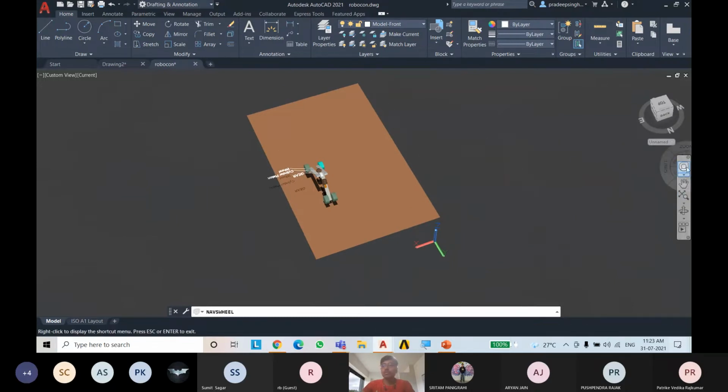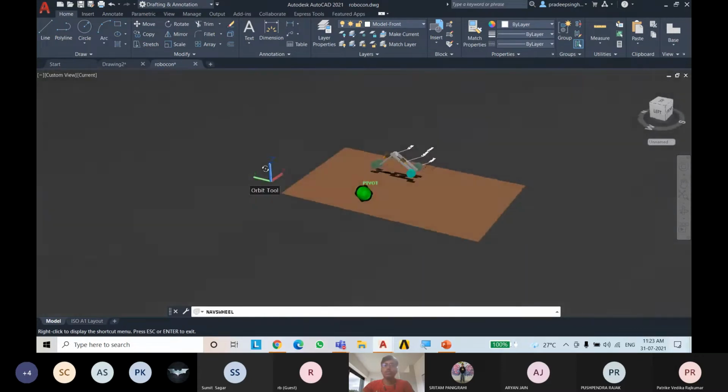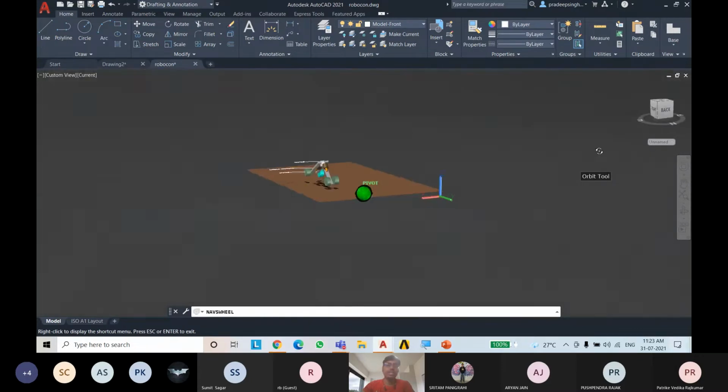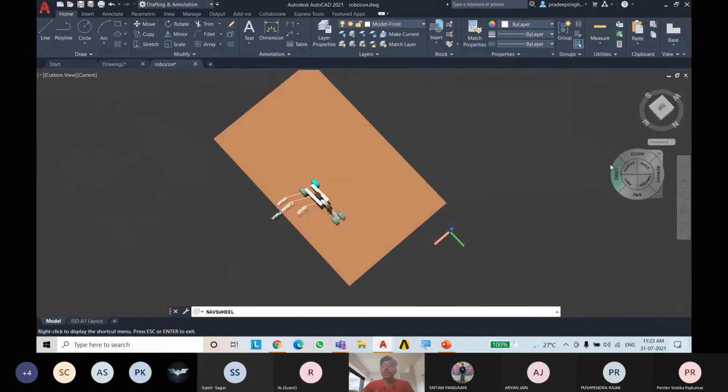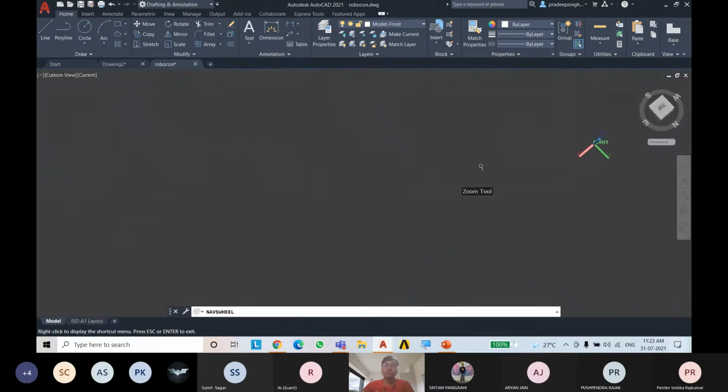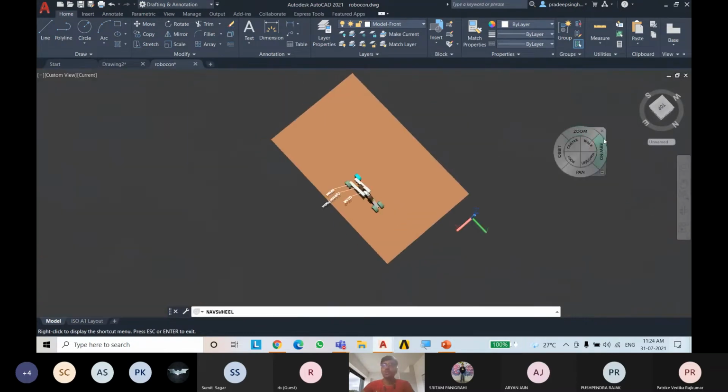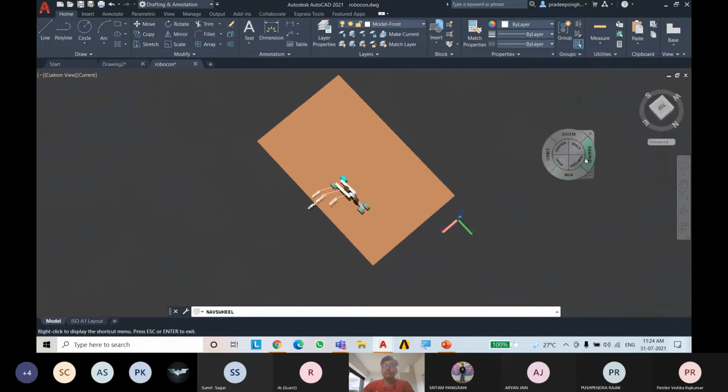You can also click on orbit and use it to orbit in any direction you want. You can also use this zoom option to zoom in and zoom out. You can also use pan from here, and rewind, etc.